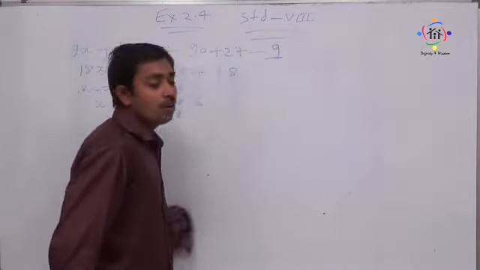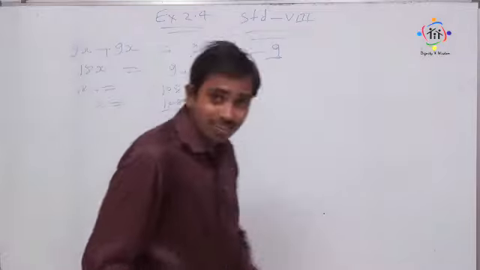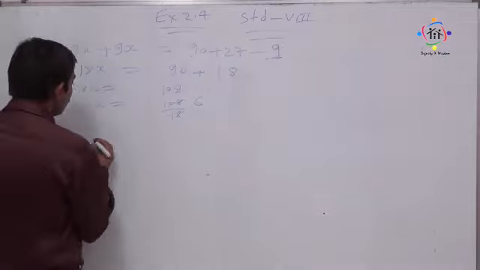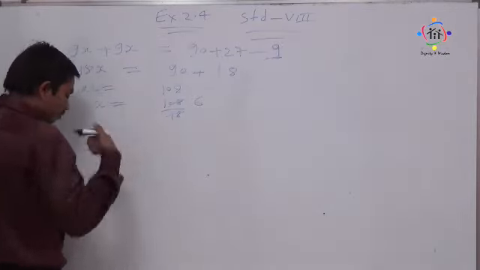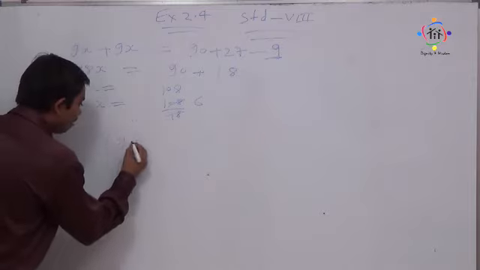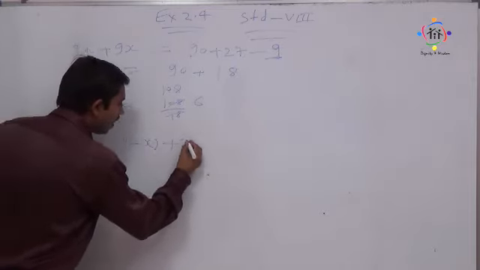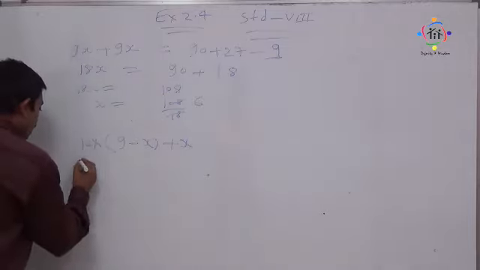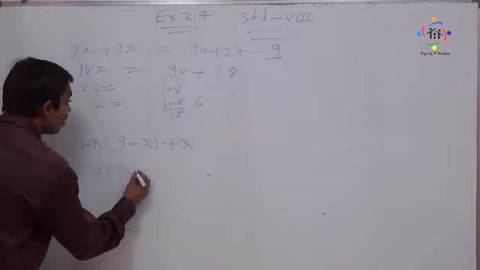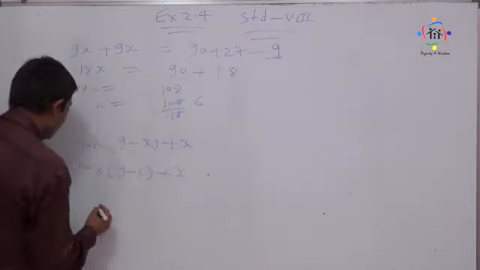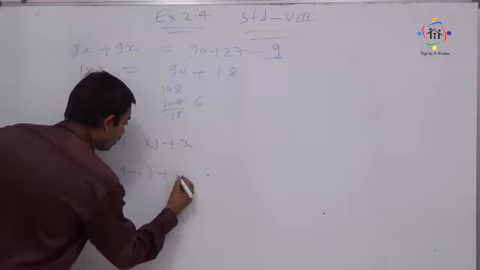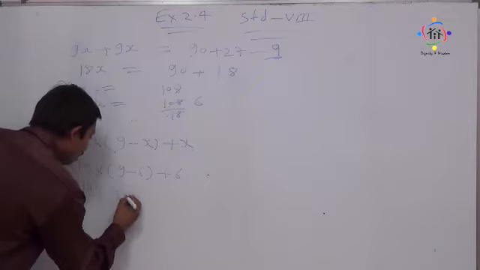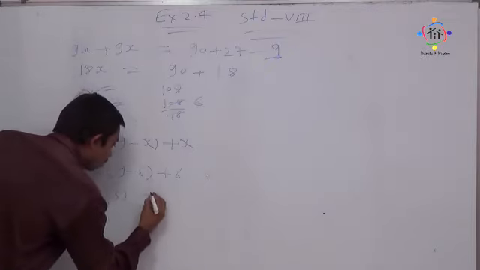So what was the number? What have we taken into consideration? Let us put it in that. So what we got, my dear students? We got 6. So what was the number? 9 minus x plus x into 10. So let us put the value of x, 10 outside. 9 minus 6 plus x means again it is 6. 10 times 9 minus 6 becomes 3, and plus 6 outside.